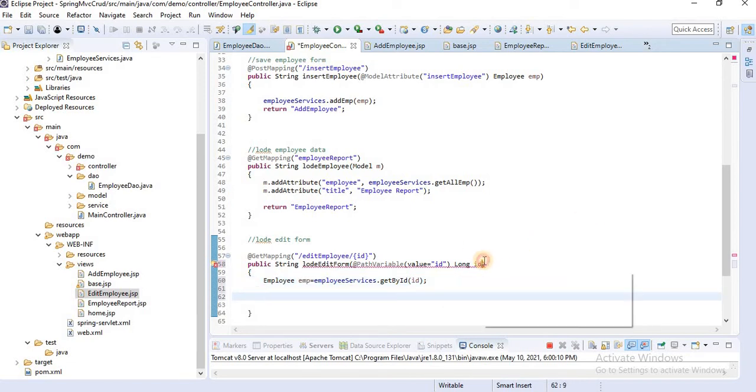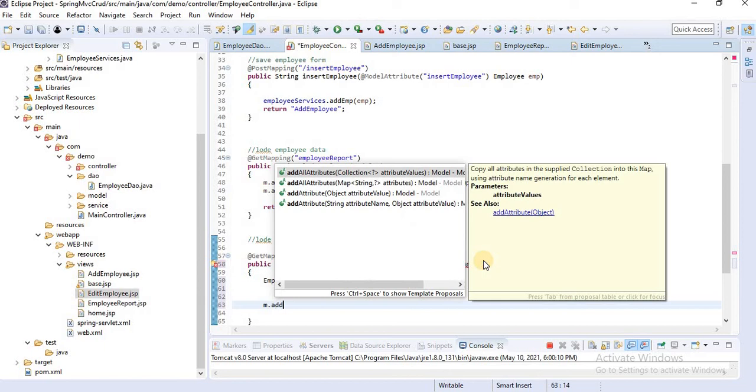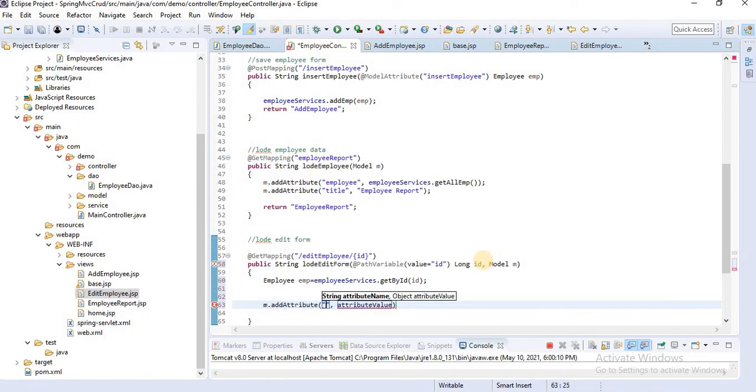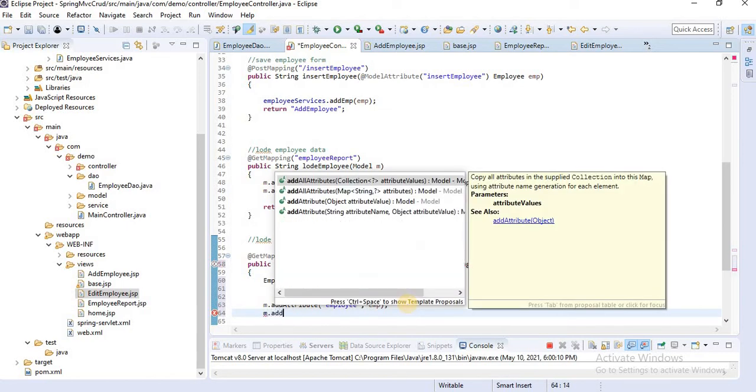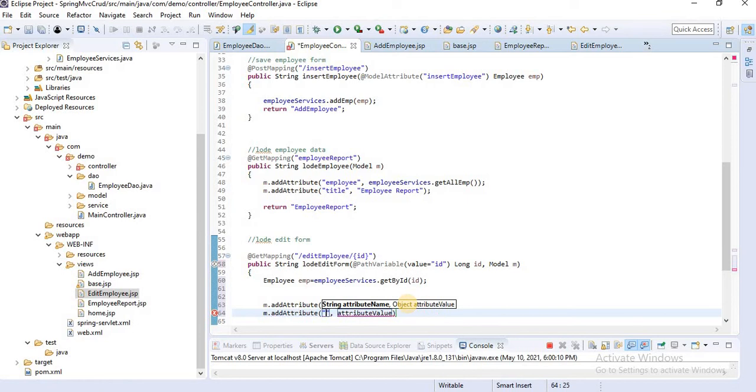For that we have to use a model. Let's use Model m. m.addAttribute, here employee, and pass emp. Also if you want to add a title, edit employee, you can pass the title also, edit employee.